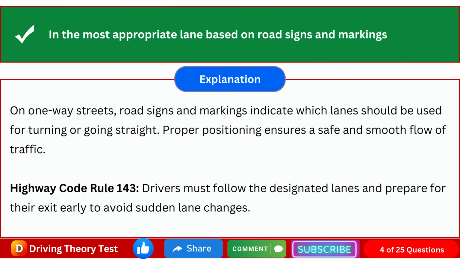The correct answer is in the most appropriate lane based on road signs and markings. Explanation: on one-way streets, road signs and markings indicate which lanes should be used for turning or going straight. Proper positioning ensures a safe and smooth flow of traffic. Highway Code Rule 143: drivers must follow the designated lanes and prepare for their exit early to avoid sudden lane